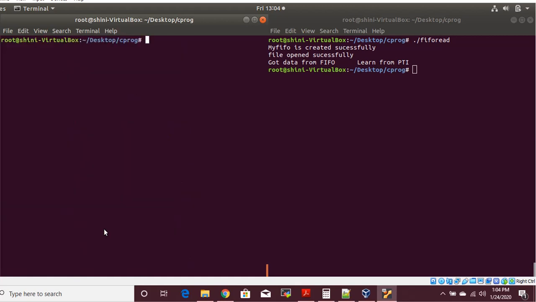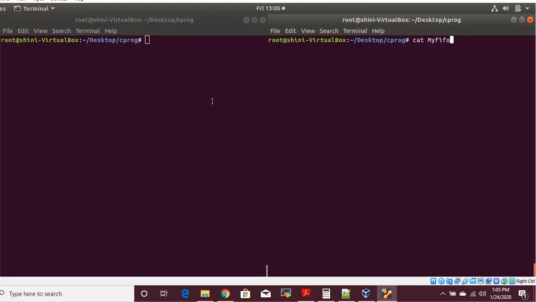We'll use the FIFO file, and we'll say cat myFIFO, and whatever we write, it will write to myFIFO. In another process, we are reading from that file. So you can see whatever we write appears simultaneously on the other terminal. So that's how it works.